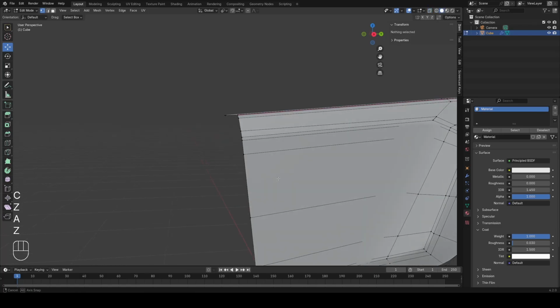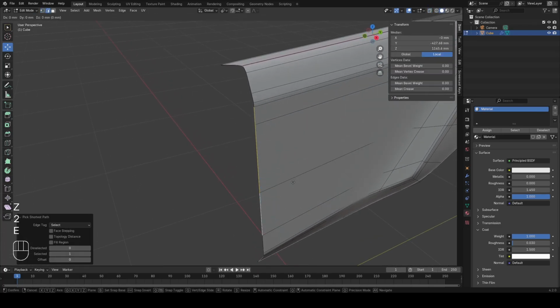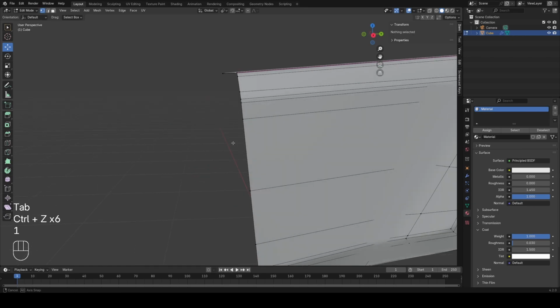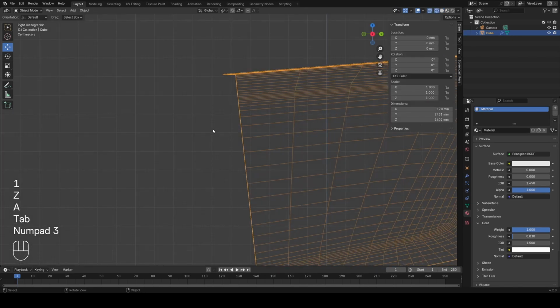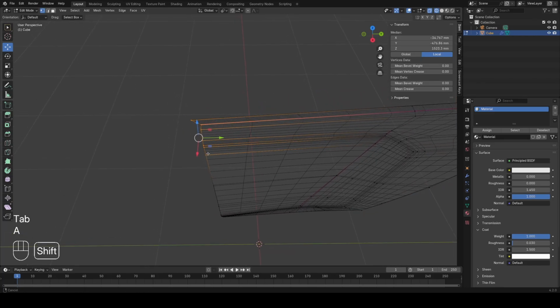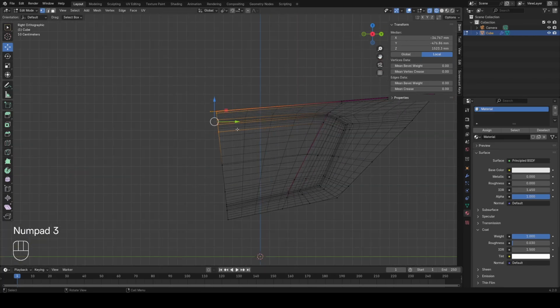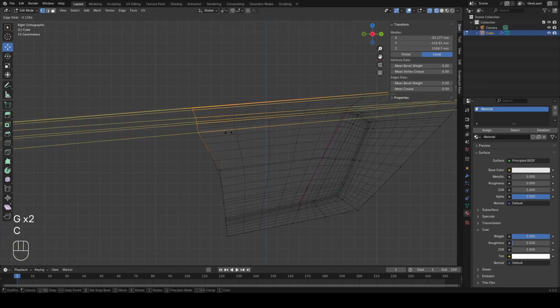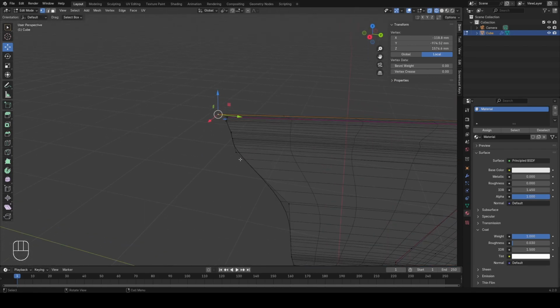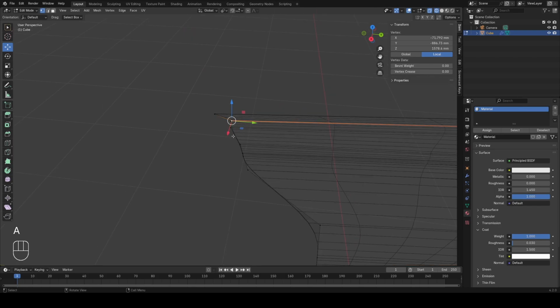Because we could have created kind of a simple offset like this all around, but it doesn't give us as much control as if we do it inside of our base mesh. So what I'm going to do is select all the top edges here, GGC, just to give us a bit more length. And then what I'm going to do next is select this one at the top,